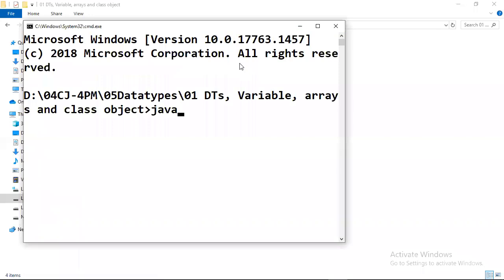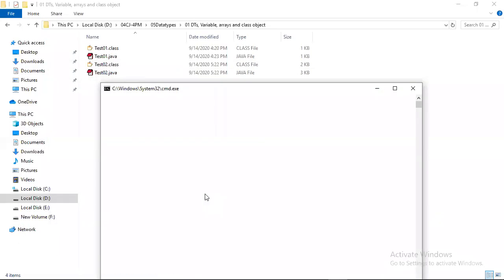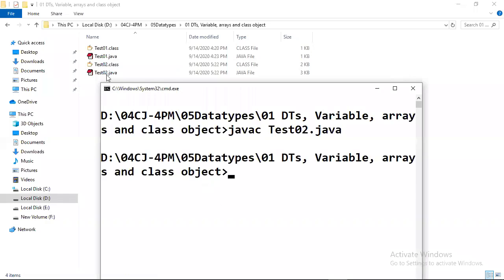Look at that. It is already compiled, right? javac Test02, and the .class file is generated. Now I'm reading the bytecode. javap Test02.